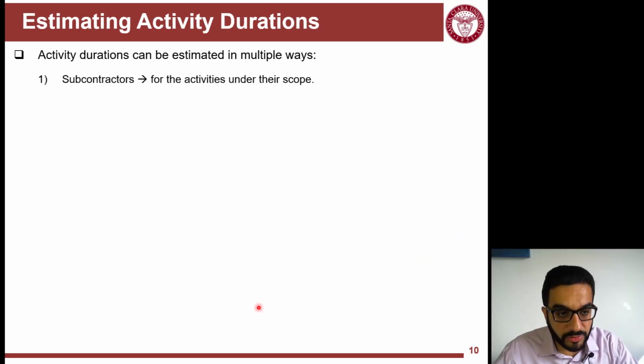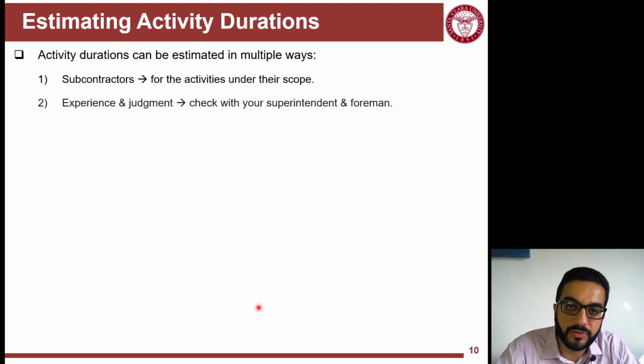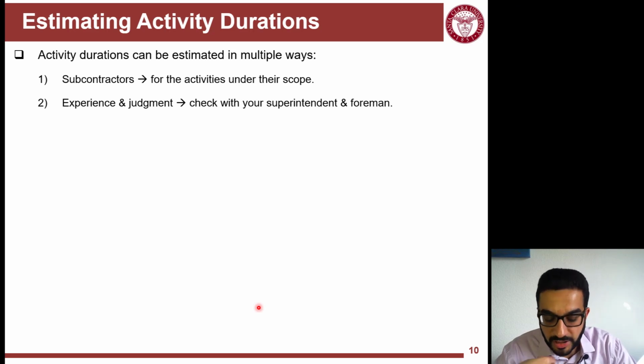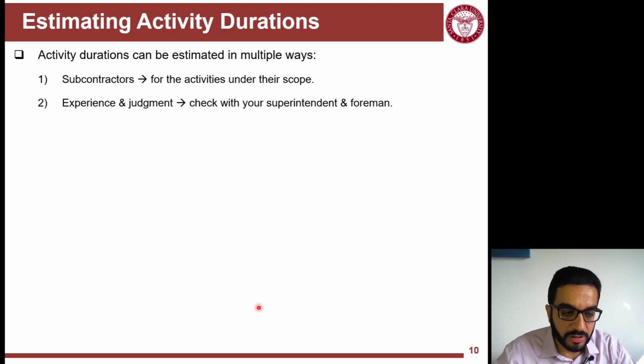So the next step here: we covered so far defining the activities, now how to estimate the durations for it. First thing is, if this work or this activity is being done by a sub, ask the sub. If you are the GC, you ask the sub. The second one is by experience. So if you can't get the feedback of the sub on the activity and you really need to submit the schedule,